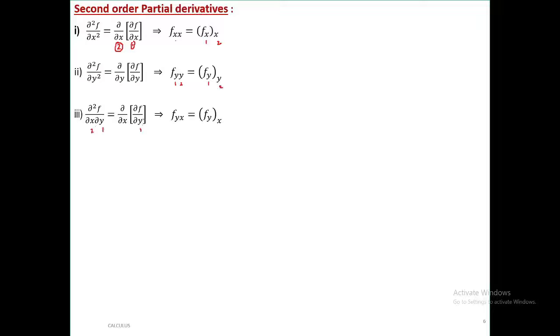So the function is given to you. First with respect to y you have to do the derivative. That means treating x as constant in this. Treat x as constant and differentiate with respect to y. Example. Look at f of x comma y, for example, just x plus y